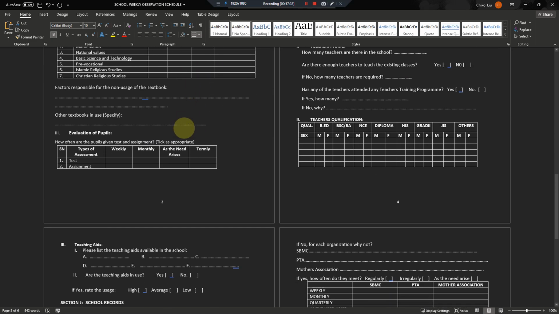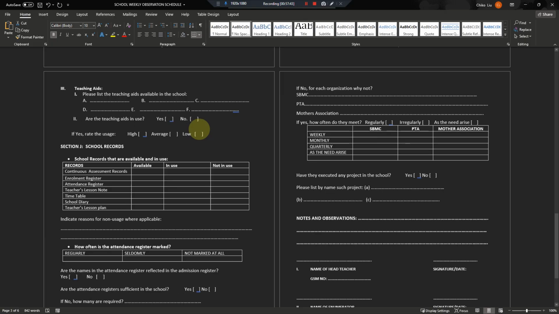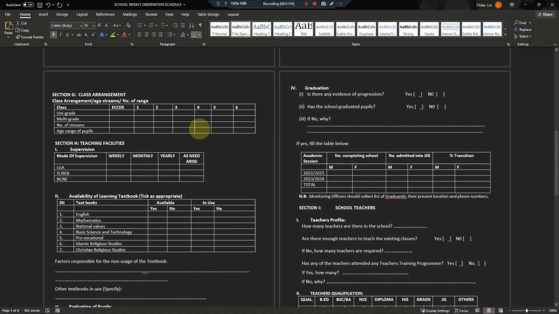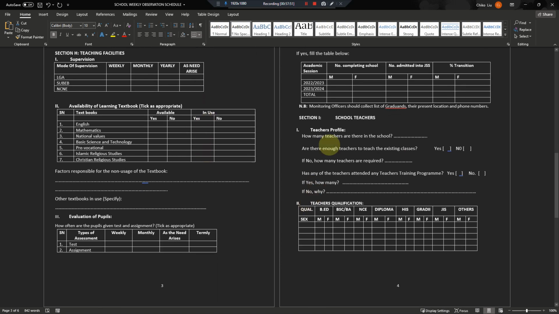So for anybody who's really interested in building this particular tool, I would just attach this to a link where you can download it. If you want to build, you are welcome to build. Again, in the next tutorials I would have already built this,